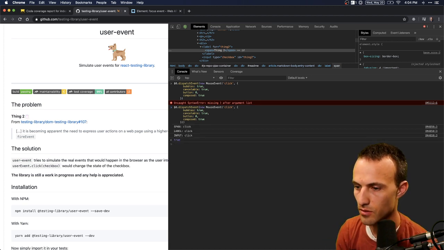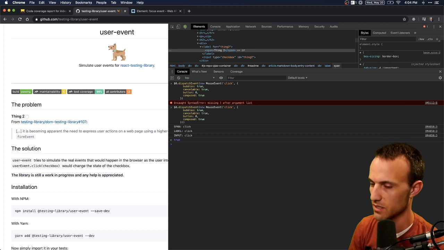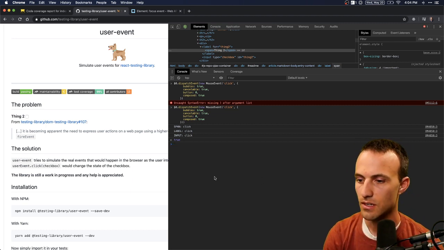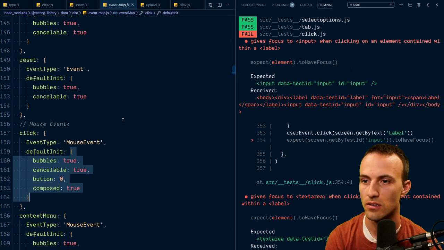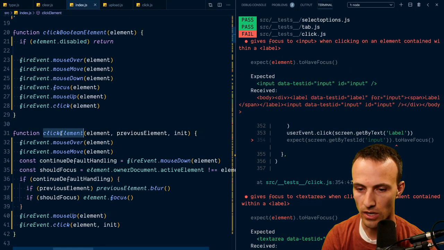Okay, so then I dispatch it on that span. I get a click, click, click, but I don't get a focus, which is why that test was failing. Yep, okay, good. So the trick is here when I click on an element,